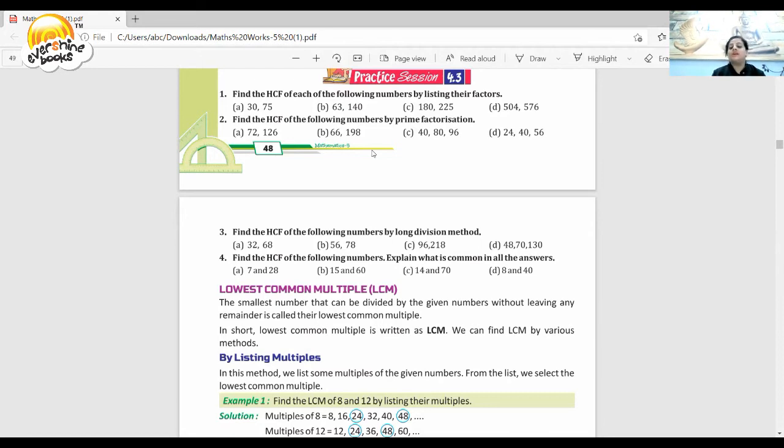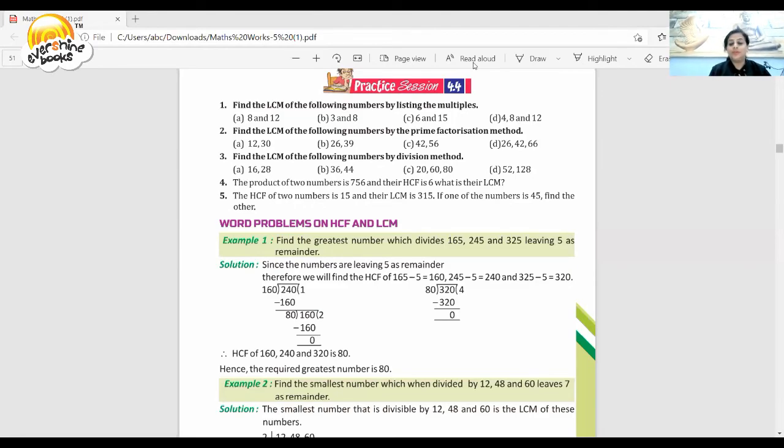Now we will do our exercise number 4.4. So, students, we have come to our exercise number 4.4. In that we are going to do the least common multiple. Two numbers are given. We have to take out the multiples of both numbers. Multiples means like tables. We have to write the tables of 8 and 12. Then we will find the common multiples. So for this we are going to share our board.